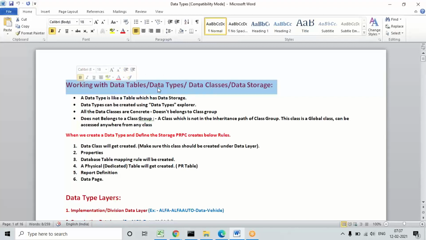Okay, and tables in Pega, the actual name in the present version is data types. Up to 7 version we used to call it as data tables, but from 7 version we are calling it data types. This is the new name given from 7 version. And we can also call it as data classes. Once a data type is created we can also call it a data class. In the Monday session we will be creating data classes individually also, that I'll tell you. Data types and data classes, some difference is there.